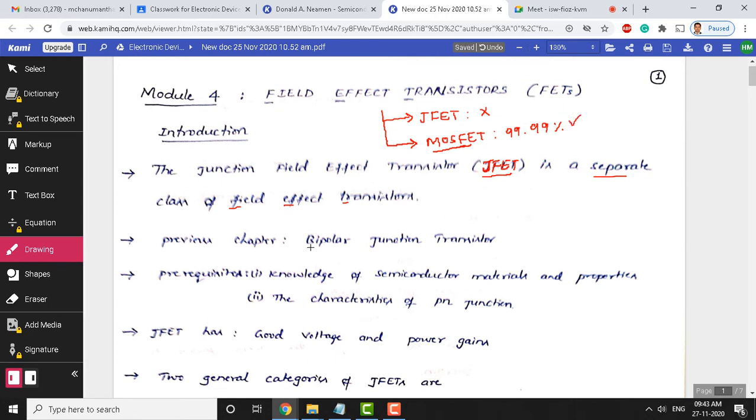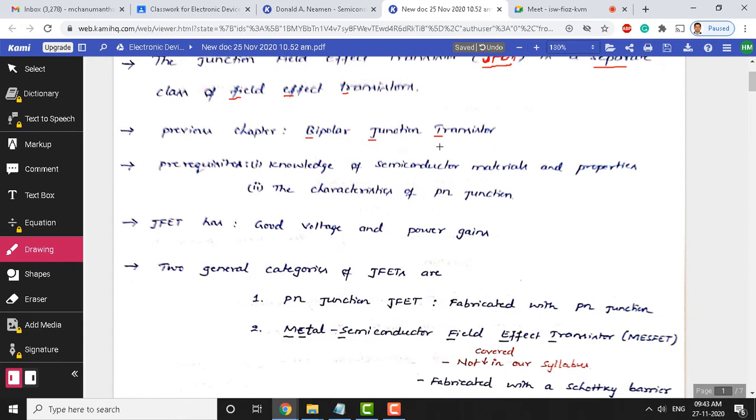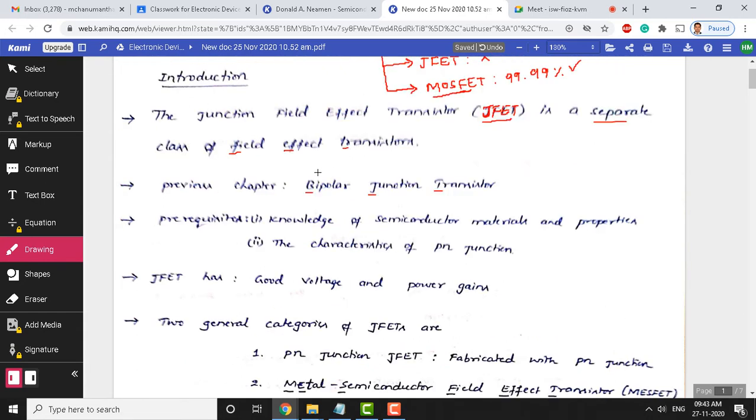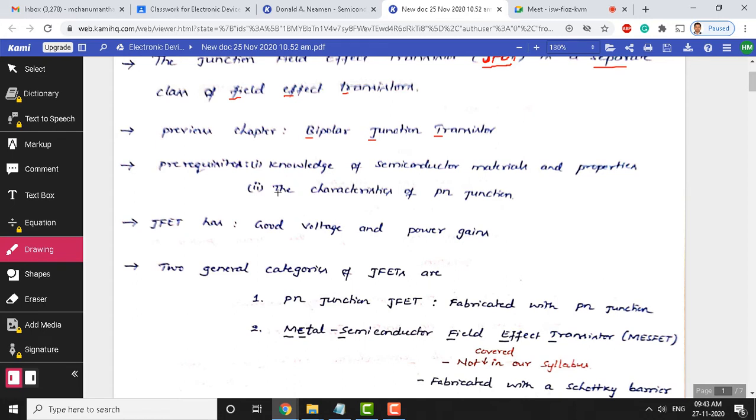In the previous chapter we studied the fundamentals of the bipolar junction transistor. We understood the various regions within the bipolar junction transistor, the charge transport within it, and how it leads to the terminal currents we have analyzed with reference to the BJT. Those principles we have studied with reference to the BJT are applicable even for the field effect transistor. Majorly I can say the working principle of the FET is almost similar, except for a few changes, which you will see in the coming classes.